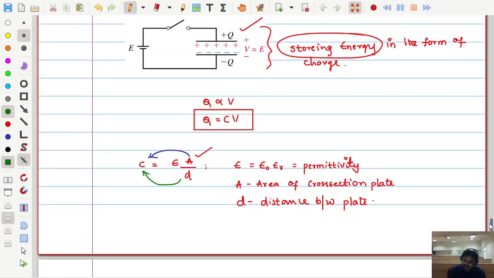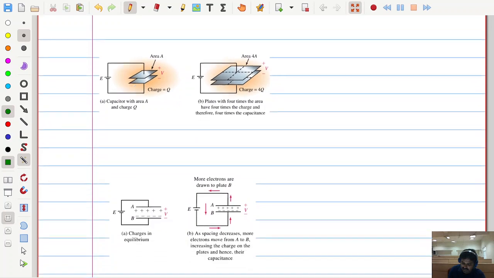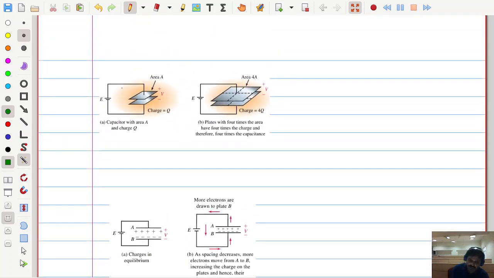Apart from that, if I increase the dielectric medium between these two capacitor plates, a dielectric medium which has this parameter, permittivity, and if that is increased, then obviously capacitance is going to increase. So I have put up these 3 points over here. First one is that,